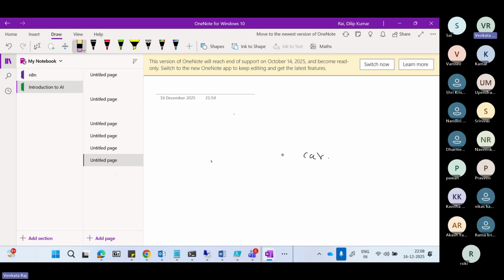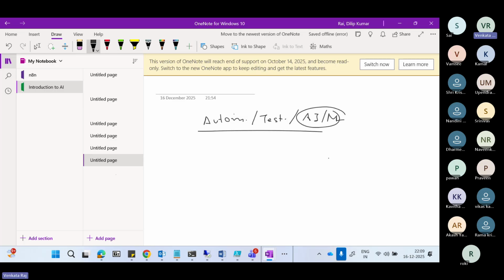One task I'll tell you, everyone can do today. Yesterday also I told you, you can search any job with automation or testing slash AIML. Just give this in the job search. You will get a lot of jobs in which they are looking for a person with automation knowledge, plus they have given ML knowledge as preferred. Because these days only automation knowledge will not help you out. They want automation with AIML.